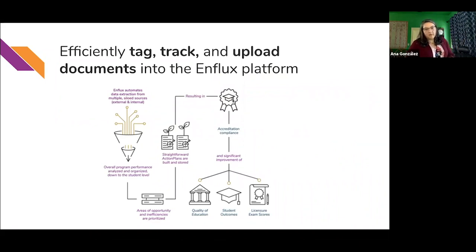Obviously, the whole intent of the Enflux platform is to help you efficiently tag, track, and upload documents into the platform. And part of that, Enflux automates the data extraction from multiple siloed sources. So we take overall program performance, analyze and organize it for you, and then bring it all the way down to the student level when needed. This will then create some great dashboards for you to look at, and then break down your results, look for efficiencies, and prioritize the types of things that you may want to follow up on,